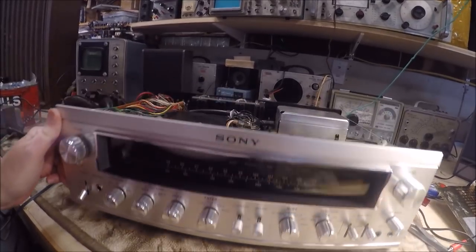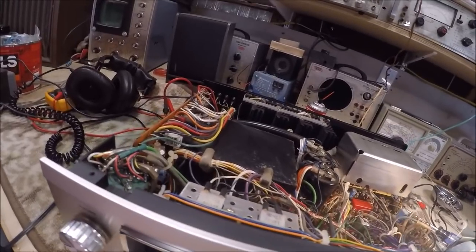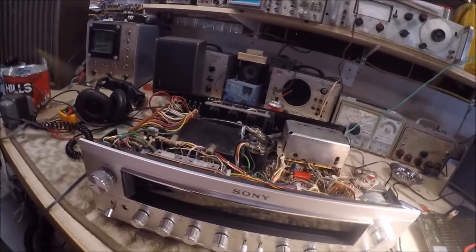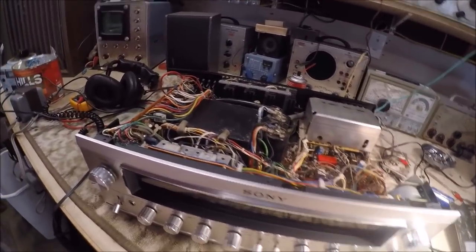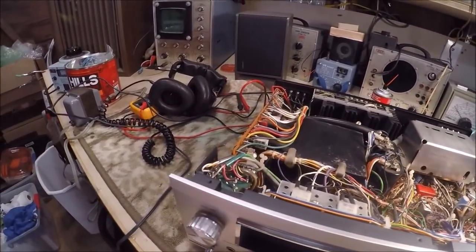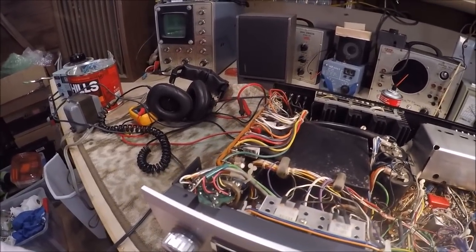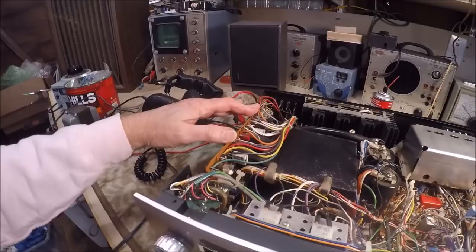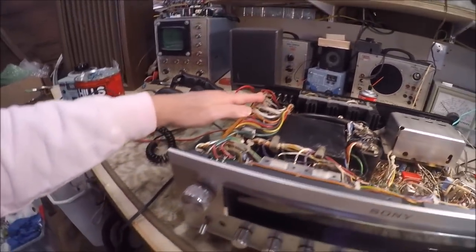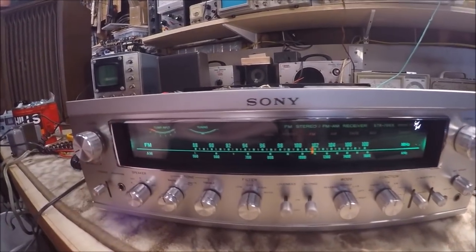Now, the big problem with this unit, and the big reason I purchased it for basically peanuts, is that the person that owned this before was a bit of a restorer, at least starting out to restore, and they kind of shorted out the amp board, or what they thought was the amp board. Probably not, because it does have some levels of protection in there, but shorted out something in here because they went ahead and switched this out for LEDs,